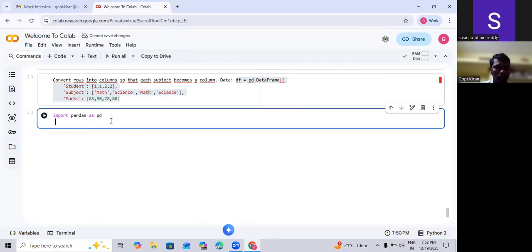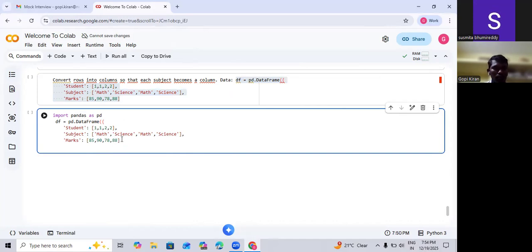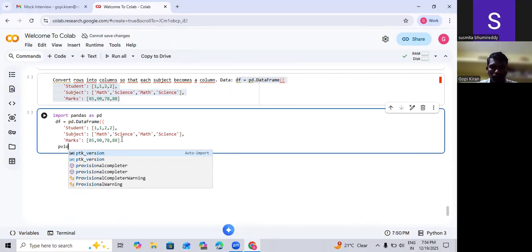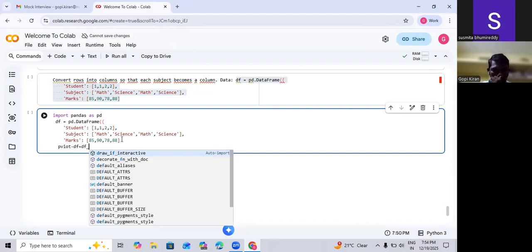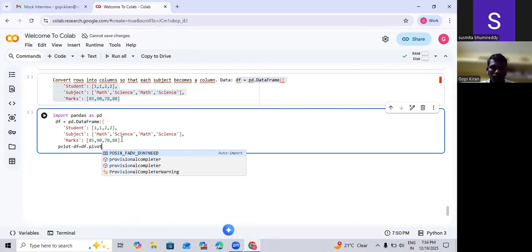There is no error here. I'm going with using a pivot one. df equal to df dot pivot function. I'm going with index equal to